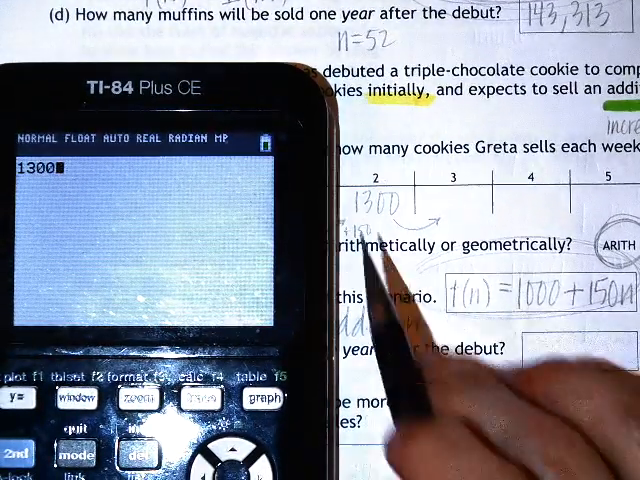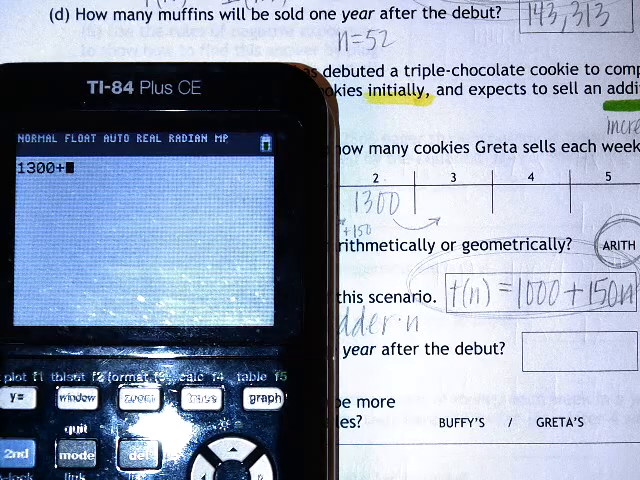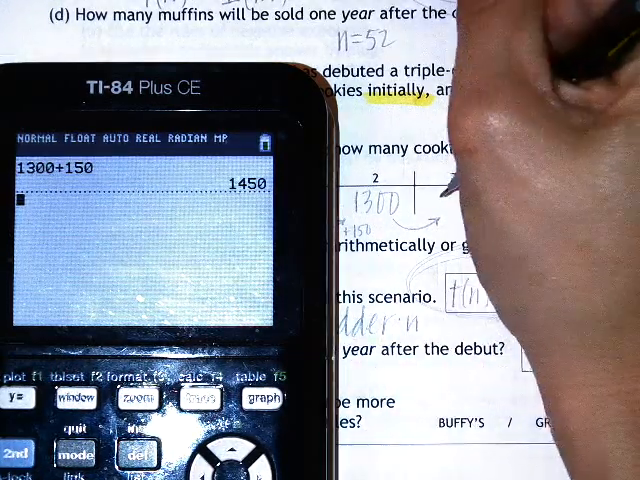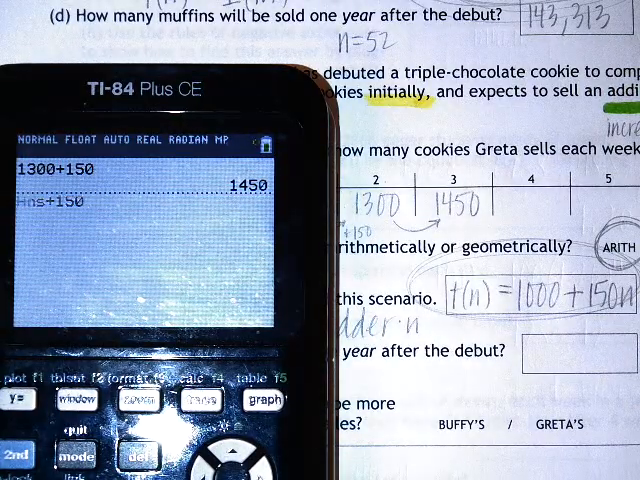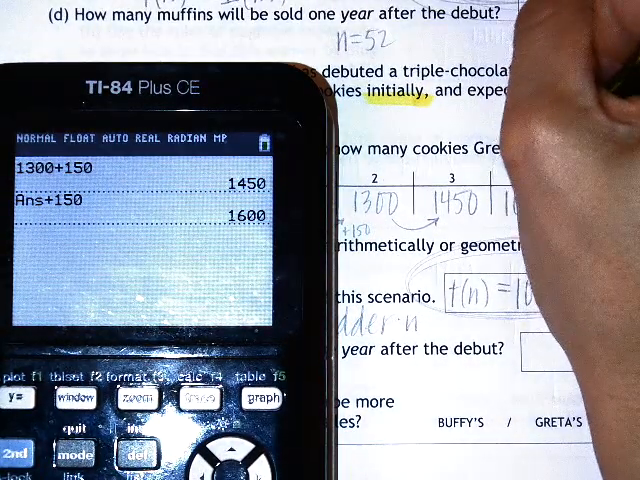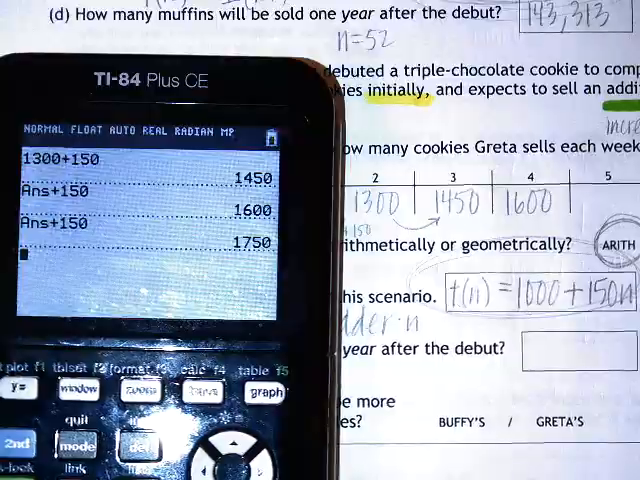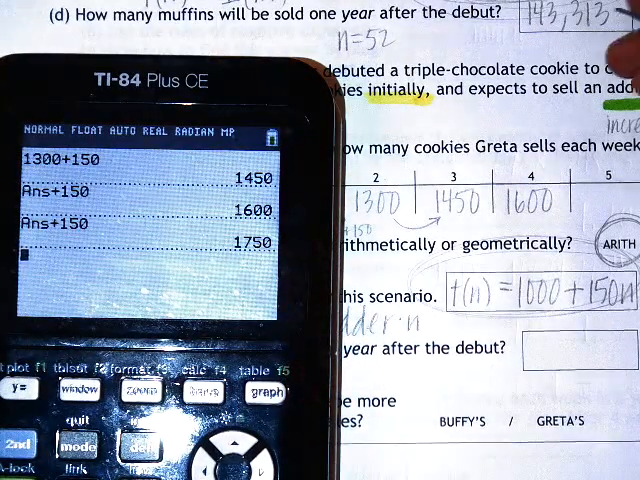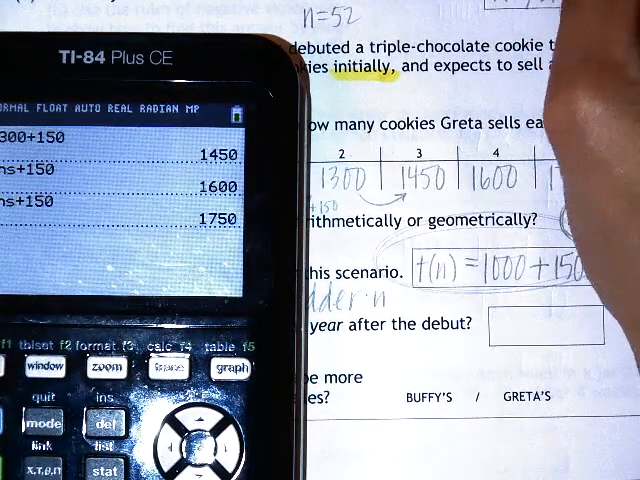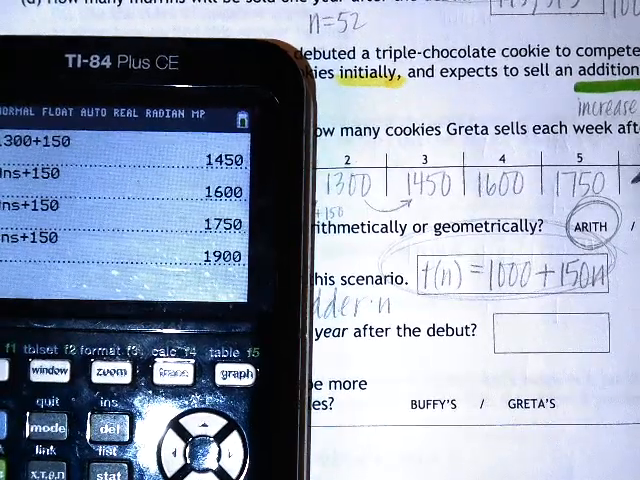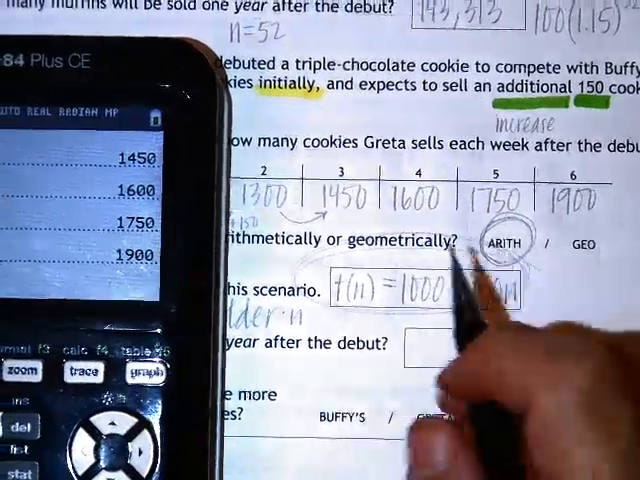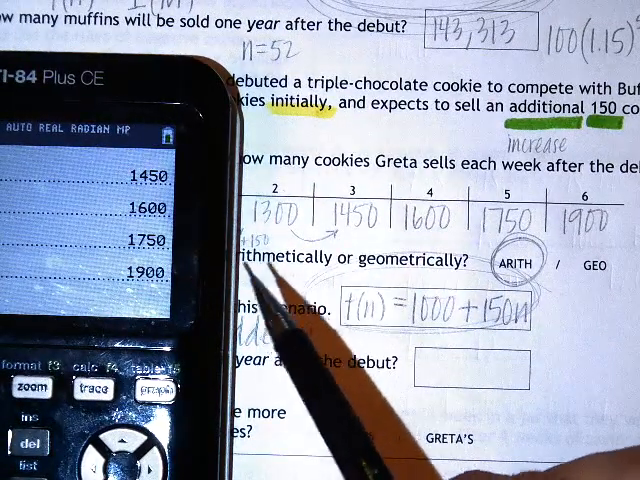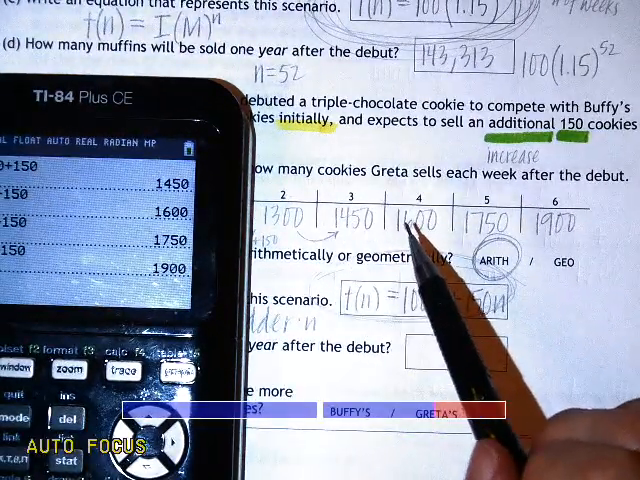1,300 was the last number I had in the table. We know the pattern is adding 150. So if I do another 150, that's 1,450. Add 150 more, that's 1,600. The nice thing about these tables is you can use a shortcut and then you can just get all of the values at once. So 1,750 and then 1,900. So you can do it kind of fast. If you don't feel like you have a calculator that can handle this, just keep adding plus 150, plus 150,